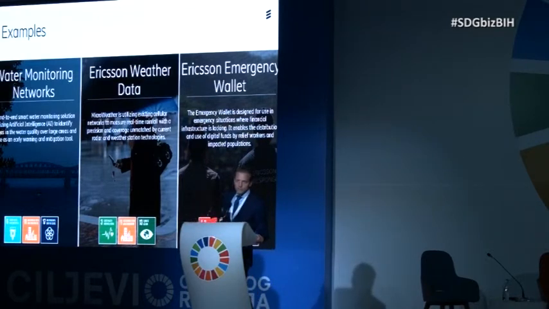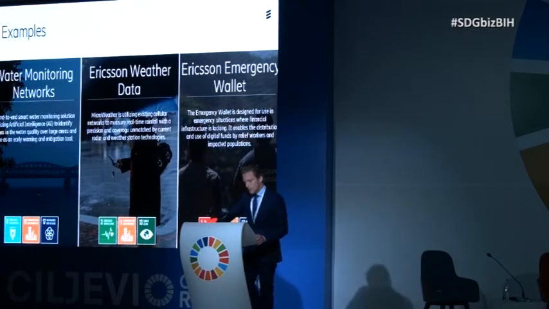Besides this one, the water part, we are also looking into air quality. And as I understand, air quality is an issue here. That's the same thing we're trying to build on a similar platform, an Internet of Things platform. Water quality, air quality, and other different environmental issues to be able to be monitored by cities or by other stakeholders.